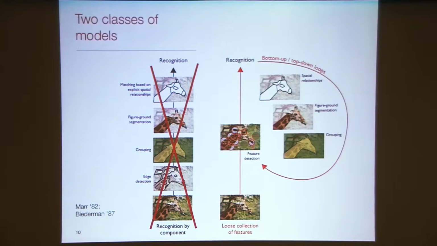Instead, what I think those tasks are suggesting to us is that there is an alternative route that these processes may take. What I think they are suggesting, and I'll show you computational evidence later on for that, is that an initial bottom-up feed-forward recognition is possible from just a bottom-up activation of what I would call a loose collection of image features. After this first initial feed-forward sweep, it's then possible to start implementing more complex visual routines through interactions between bottom-up and top-down loops that would then allow us to solve additional parsing and scene interpretation processes, such as explicitly representing the spatial relationships across those features, figure ground segmentation, and grouping across cues.